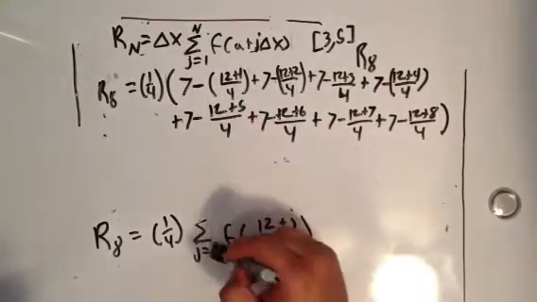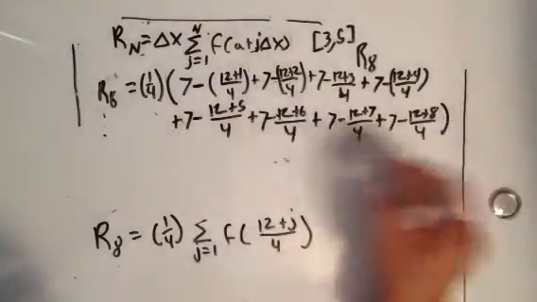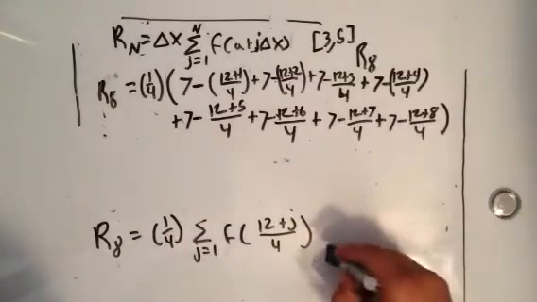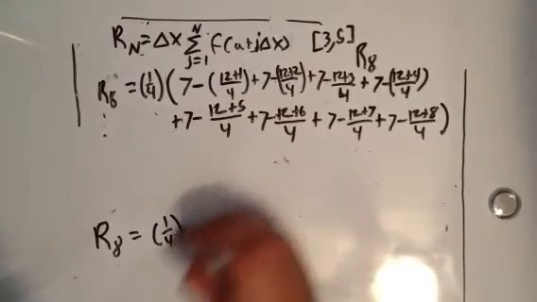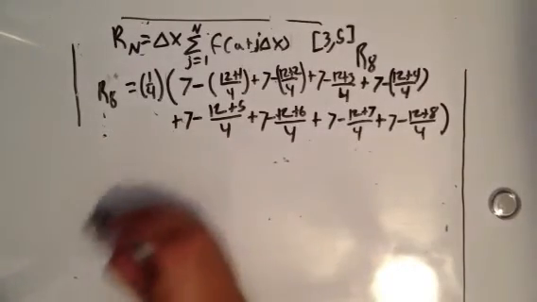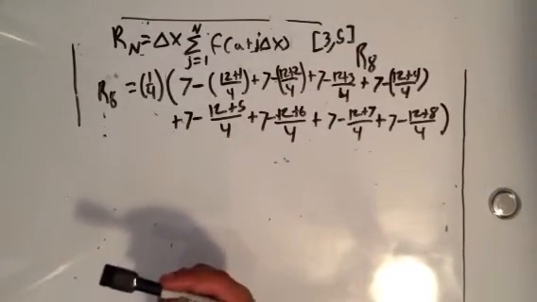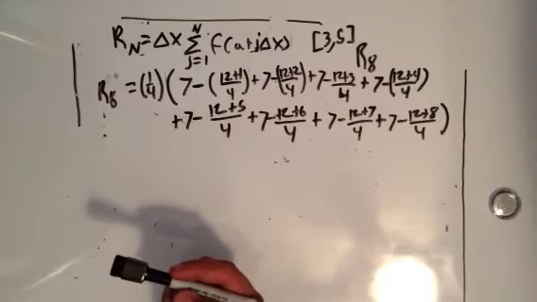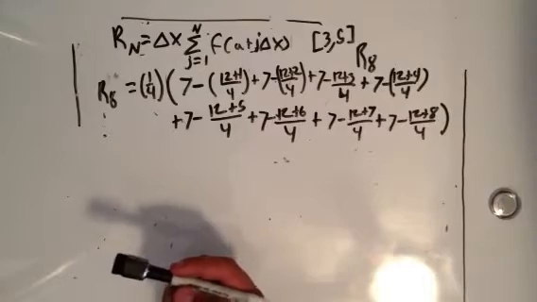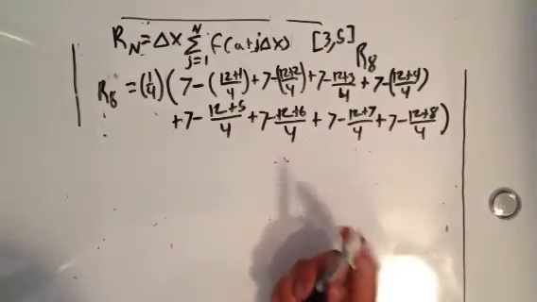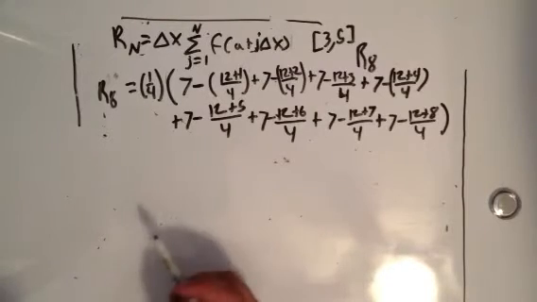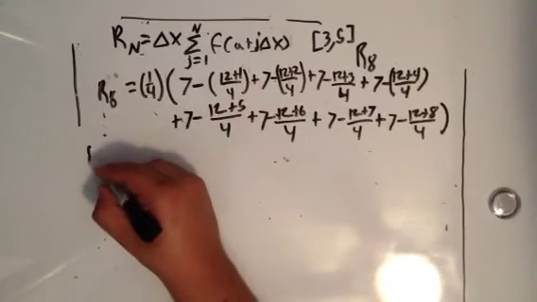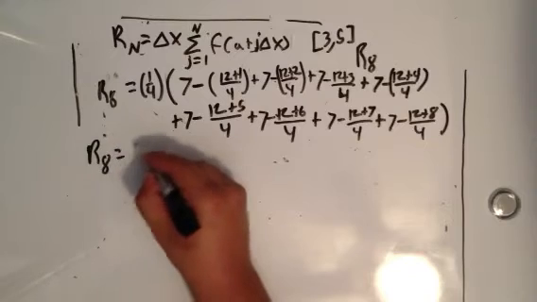We started at 1 because j is equal to 1, and we went all the way up to 8. So that should be correct. Just make sure I got everything right here. So f of x is equal to 7 minus x, on the interval 3 to 5. And so, r of 8 is equal to 1/4